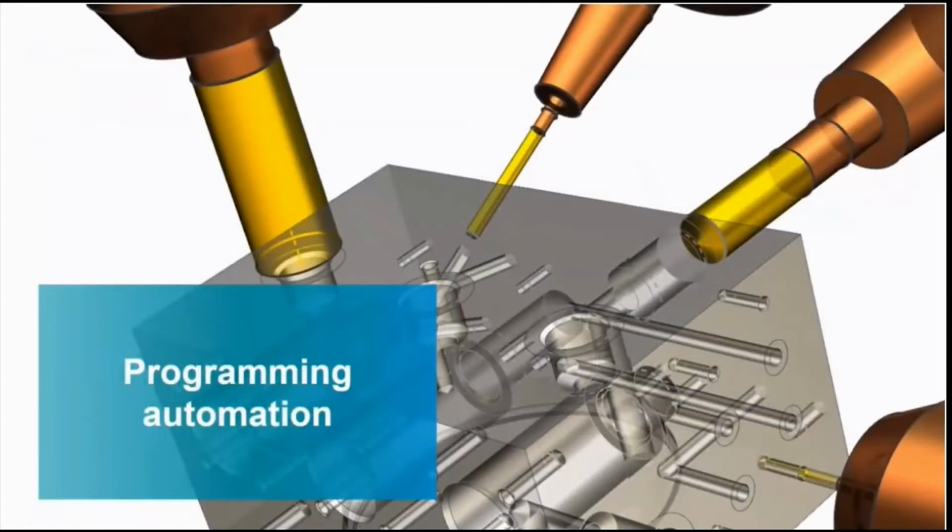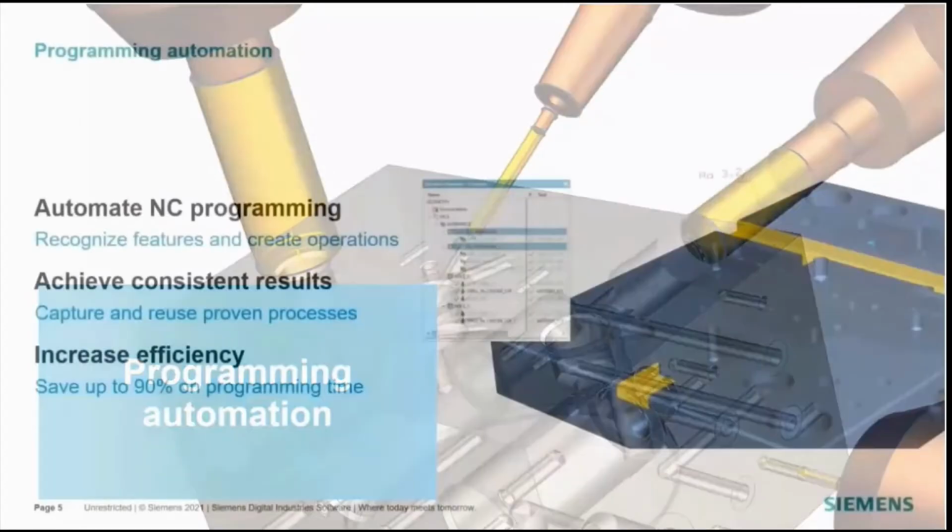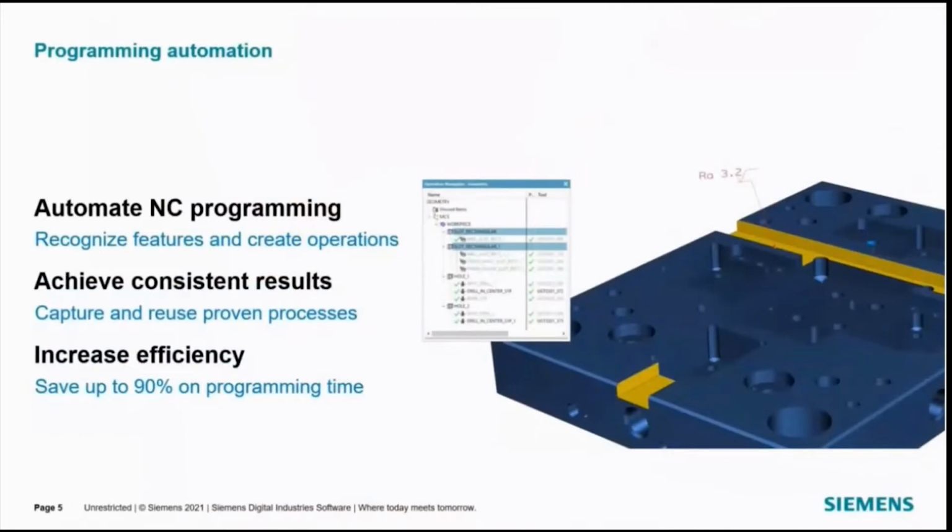Automation in CAM programming provides a major opportunity for competitive business advantages. To automate the NC programming process, you can use feature-based machining in NX CAM. It can automatically recognize machining features and create complete machining processes. Feature-based machining is ideal for programming parts with many features, such as pockets, slots, and complex holes. Let's say you've got an engine casing or mold plate with lots of holes on it.